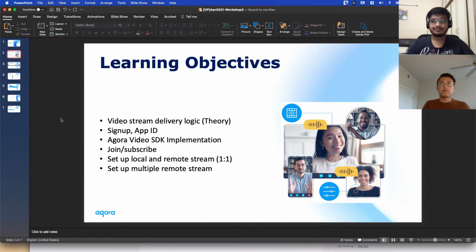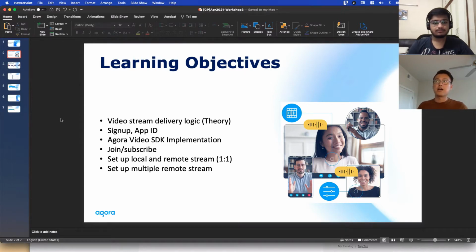Today is a session full of a lot of stuff. We will talk about the video stream delivery logic. It's better to understand the logic behind it, for example, how it works for people to see and talk to each other when they're in two different locations.